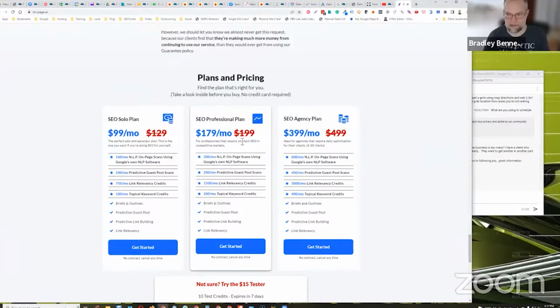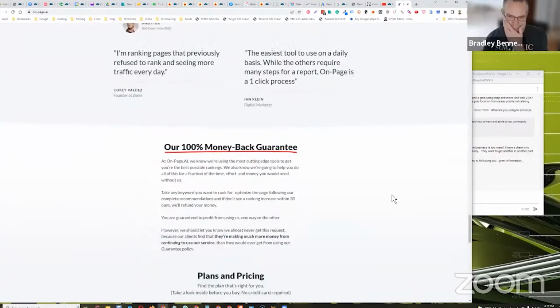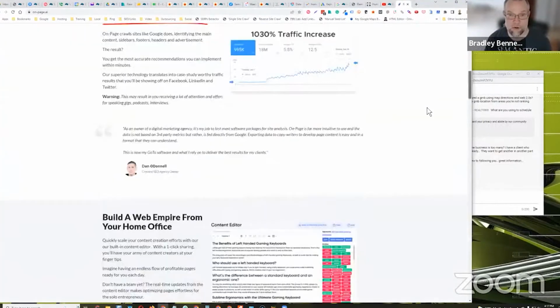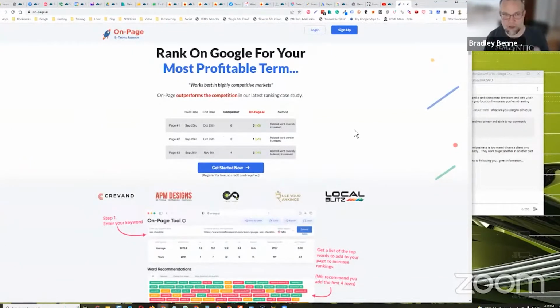I really do like this tool because it does the on-page optimization using Google's NLP, which is super important. If you're going to be selecting a tool that suggests on-page optimization, make sure that it is actually using Google's NLP too, and that costs them money. Whoever the SaaS or the software provider is, the app developer, it costs them money to be able to access Google's NLP, the natural language processors, and pull that data in. So that's why oftentimes the NLP apps cost more than some of the other ones.